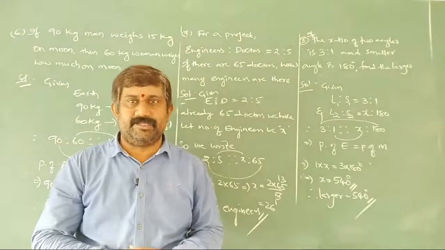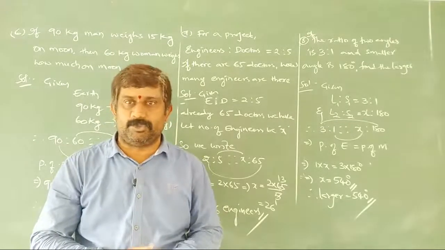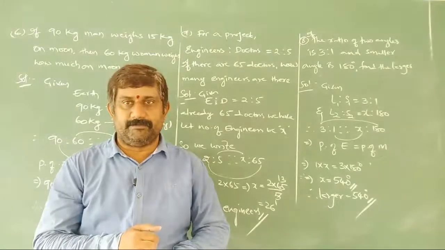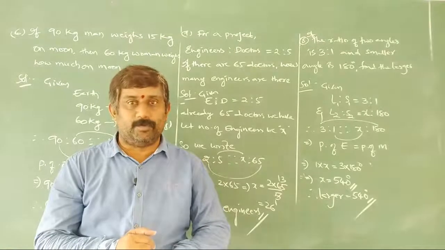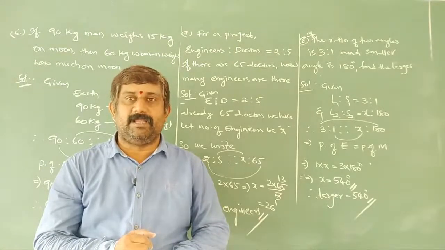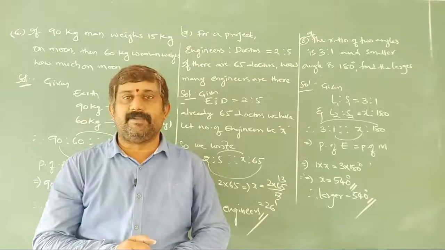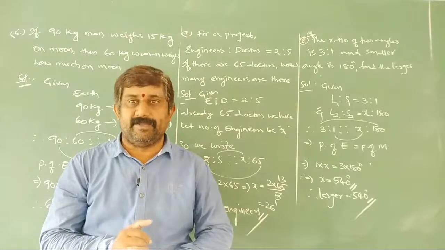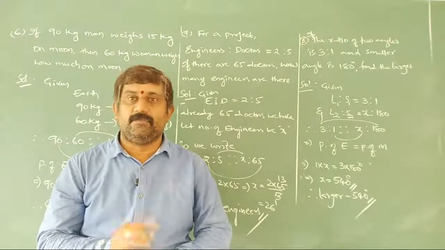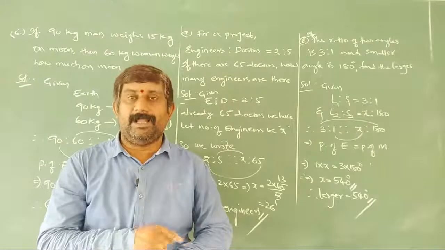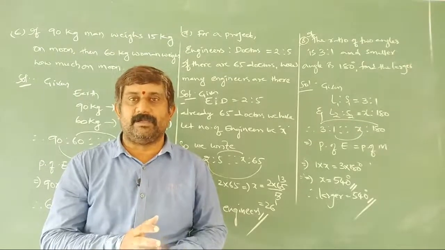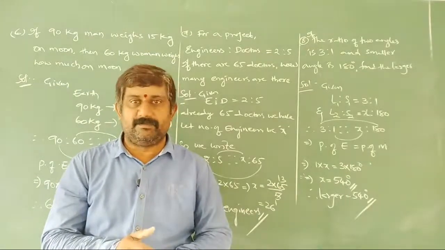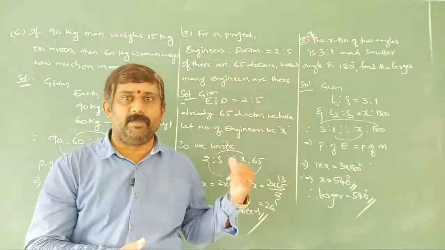A is to B is equal to C is to D, then A, B, C, D are said to be in proportion. A is the first term, B the second term, C the third term, D the fourth term. Here D is called the fourth proportion also. Whenever we equate these two ratios, we get the principle: product of extremes is equal to product of means. Extremes are the first and fourth terms, and means are the middle terms, the second and third. So A and D are extremes, B and C are means. By using all this, we have solved so many problems here.